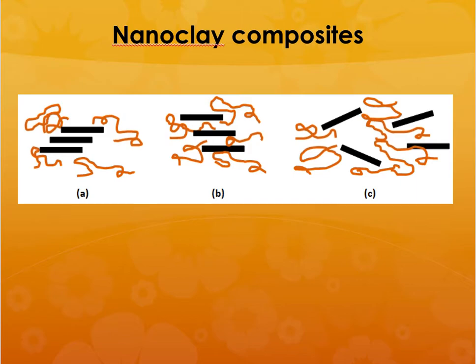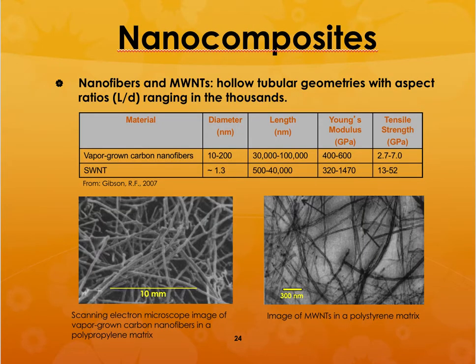The most important one is that they could be providing extra properties such as barrier properties or interlaminar properties and so on. Okay, so the earliest nanocomposites were based on nanofibers and multi-wall nanotubes or even single-wall nanotubes. People tried not to use the single-wall nanotubes because single-wall nanotubes in those days were about $2,000